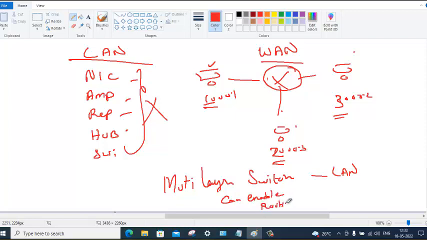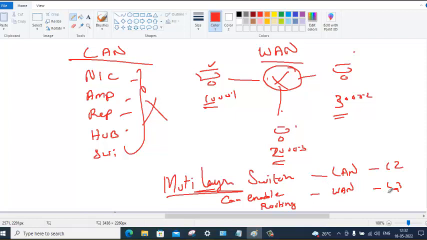Then it will become a WAN device. That is why it is called multi-layer. LAN is layer 2 in OSI. WAN is layer 3 in OSI. WAN means what? IP network, different networks. We call it a multi-layer switch.